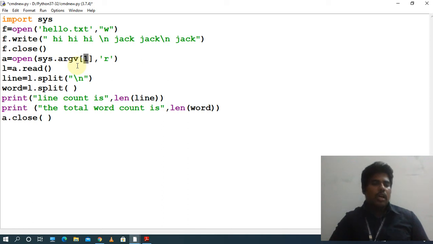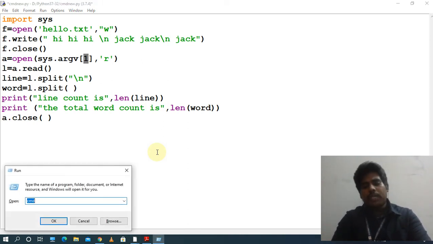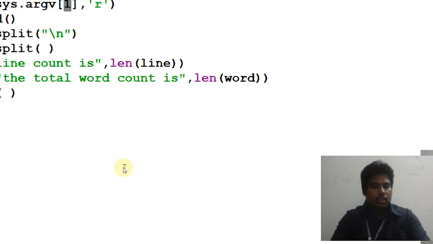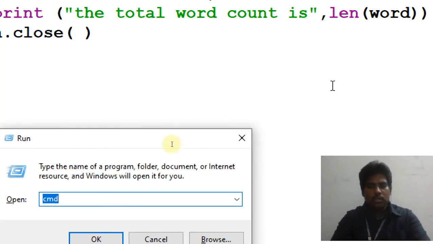Okay. Now I explain with the command line argument so that you can understand it. If you want to open a command line argument, just press the window key plus R. Press and hold the window button and R button.